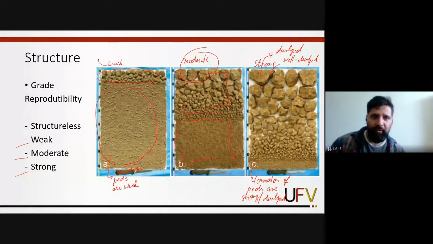Quite commonly, we can find weak grades in soils that are quite incipient, like sandy soils, leptosols, fluvisols, regosols, arenosols, soils that are not so evolved, and are not commonly found in